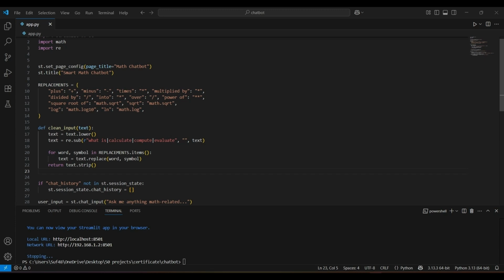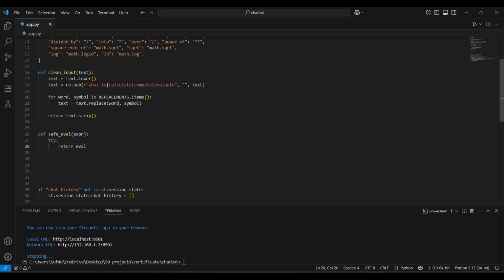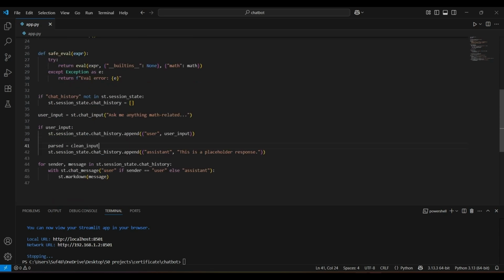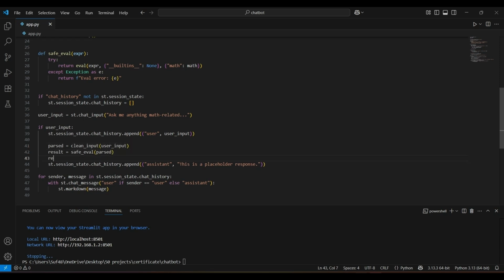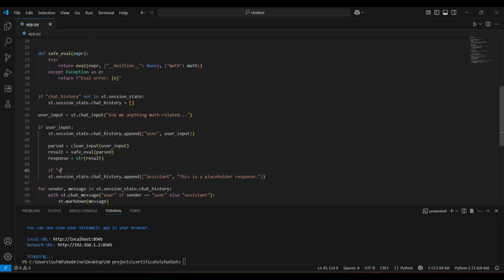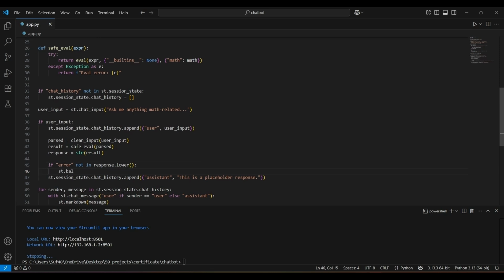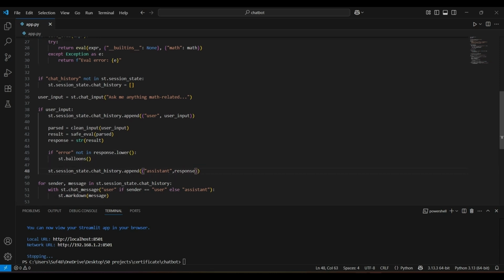Next, we create a safe_eval function. It uses Python's eval function to evaluate the cleaned up math expressions. We limit access to built-ins and only allow the math module for safety. Finally, in our main chat logic, we remove the placeholder response and instead clean the user input and evaluate. The result is shown as the